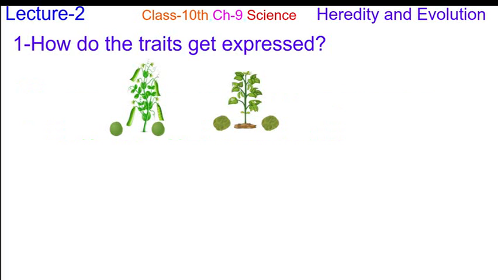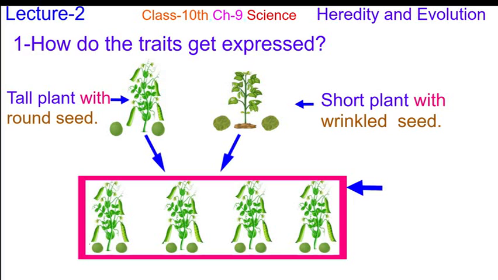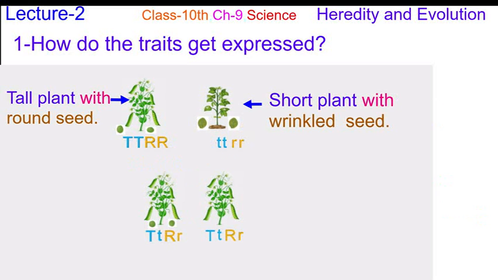In his experiments, Mendel crossbred pea plants having two visibly different characteristics each. Example, a tall plant with round seeds and a short plant with wrinkled seeds. He observed that all the progeny so reproduced was tall with round seeds. This can be understood by considering that each trait from the parent is inherited independently, and therefore two copies of a trait exist in the progeny, one copy from male and one copy from female.